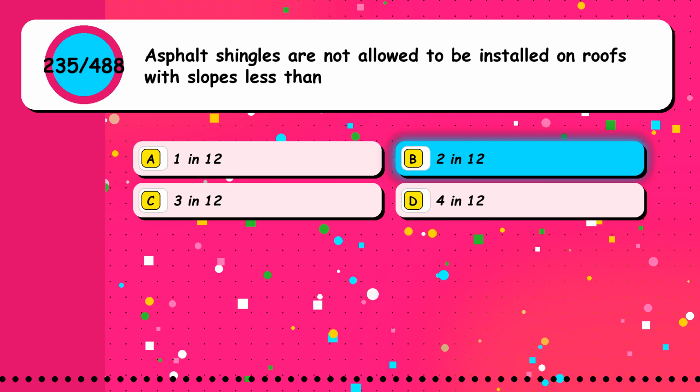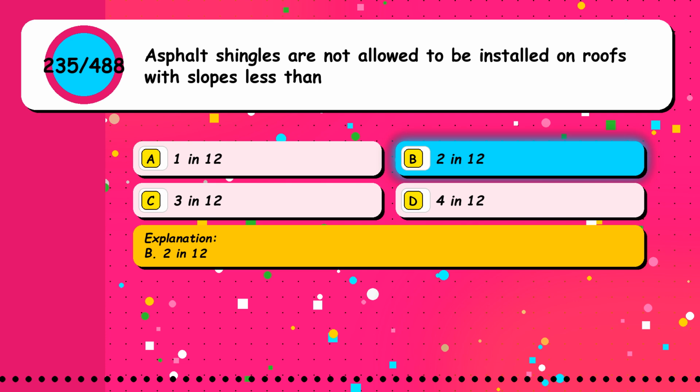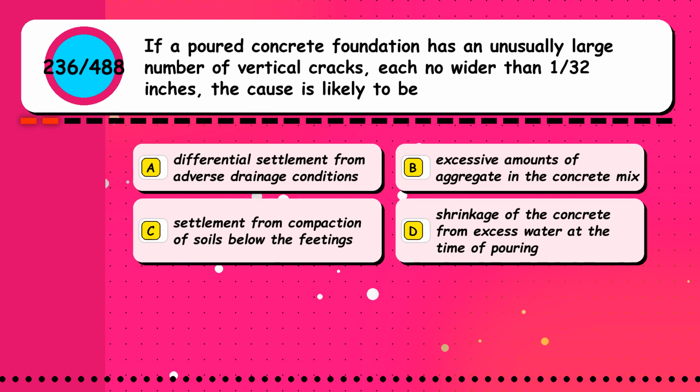The correct answer is option B, 2 in 12. Question 236. If a poured concrete foundation has an unusually large number of vertical cracks, each no wider than 1/32 inches, the cause is likely to be